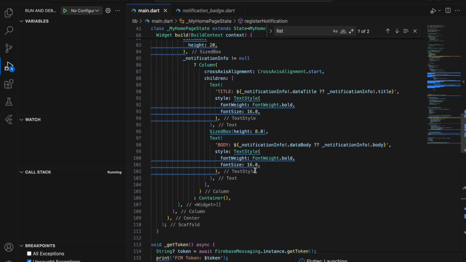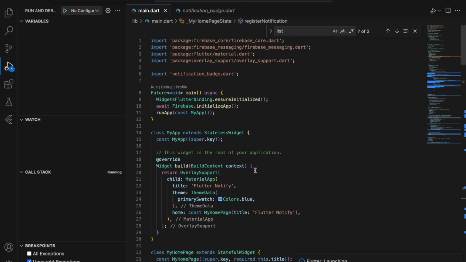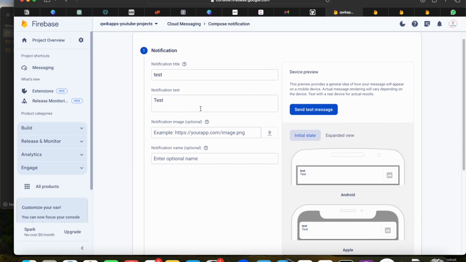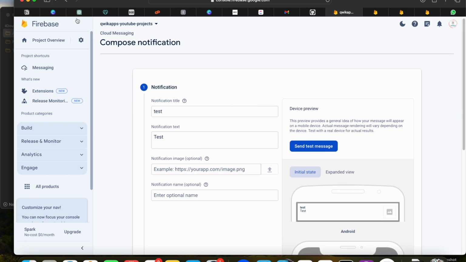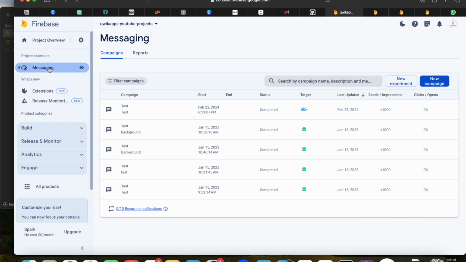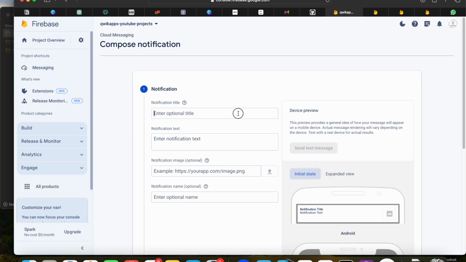we are going to test it live to understand if this works. In order to test it, you basically need to go to messaging, and if you don't see this, you can check in all products. I just used it recently, so it's showing here. Now you go to new campaign, and you have this notifications option. Then you just test this. Just add a